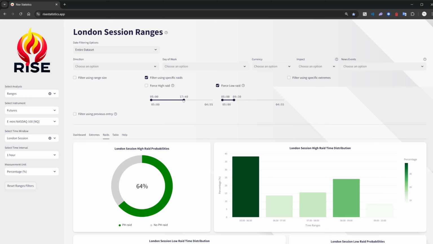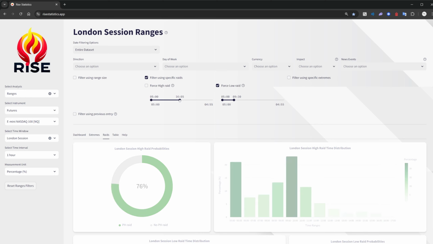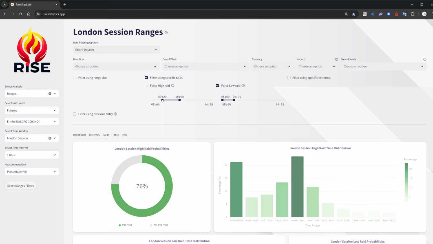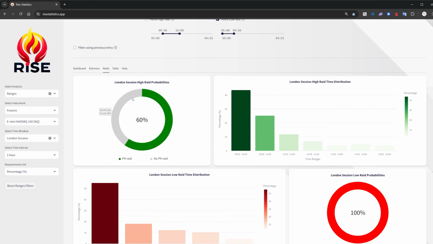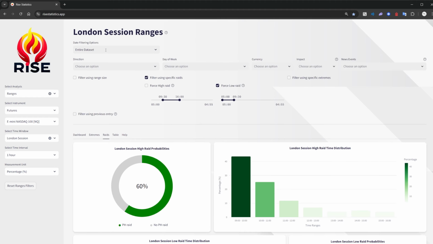Now, are we going to take the high? And if so, by what percentage between 9:30 and 4? So this is when we have a London framework where we take the low between 5 and 9:30 and we force it, of course. Now, how often will we go to the high of the London session between 9:30 and 4 on that same day? We can see here it's a little higher, 60%. This is normal when you use the entire data set.